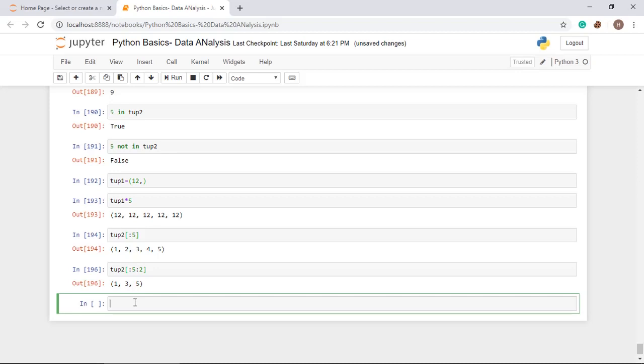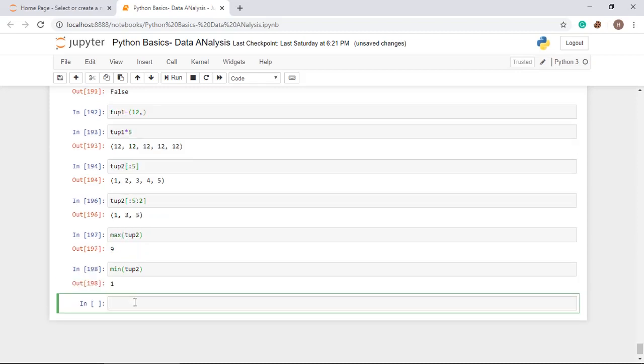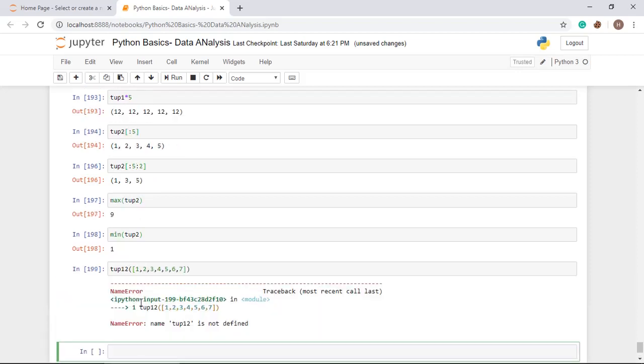Now I am going to show you some other methods, like max of tup2 and min of tup2. These are two functions which will give you the maximum and minimum from the tuple. You can also convert a list into a tuple this way. Put a list here like 1, 2, 3, 4, 5, 6, 7. Sorry, I made a mistake, I have not defined any tuple.